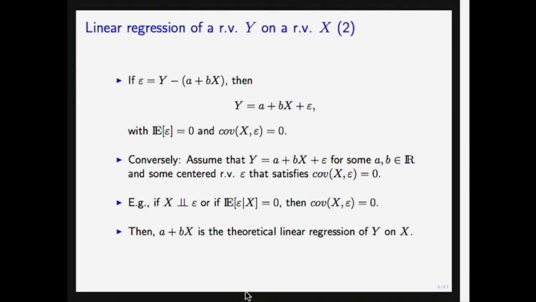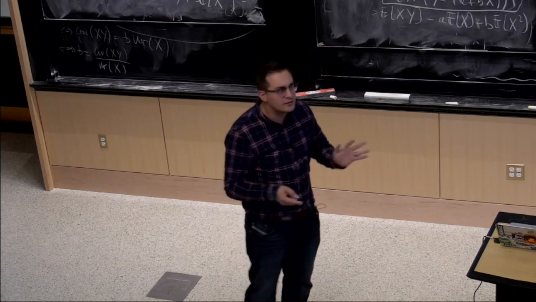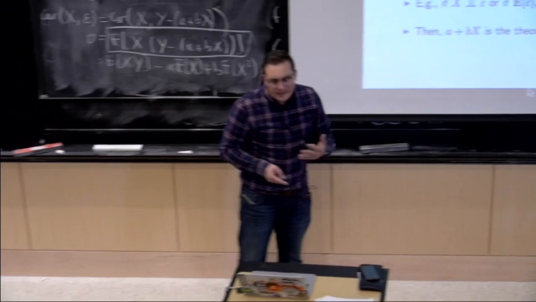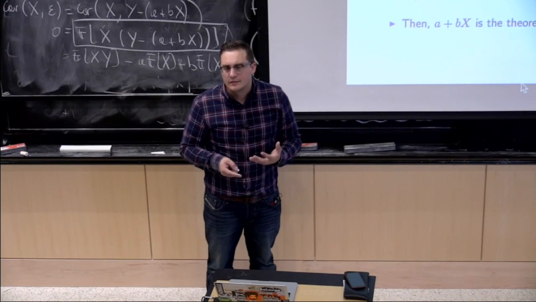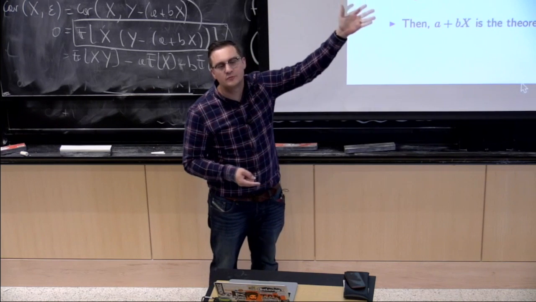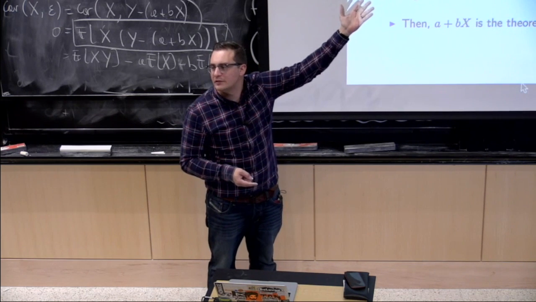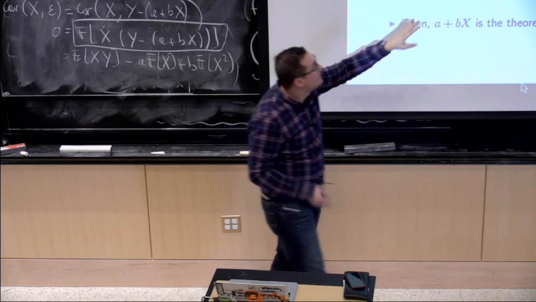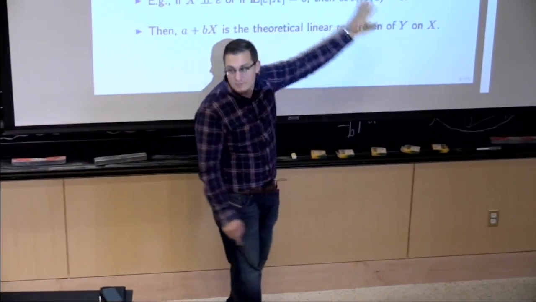But the noise was not really defined as noise itself. We were just saying, if we're going to put some assumptions on epsilon, what had we better have? The first one is that it's centered, which is good, because otherwise the noise would shift everything. Now, when you look at a linear regression model, typically, if you open a book, it doesn't start by saying, let the noise be the difference between y and what I actually want y to be. It says, let y be a plus bx plus epsilon. So conversely, if we assume that this is the model that we have,